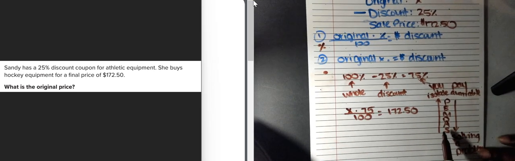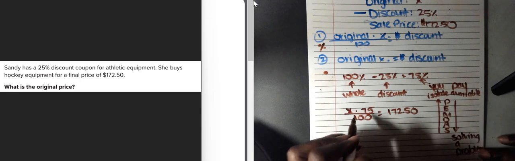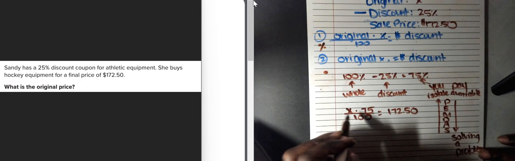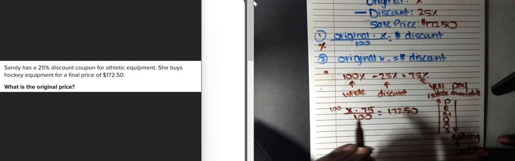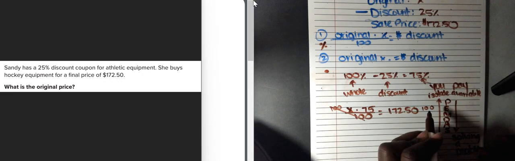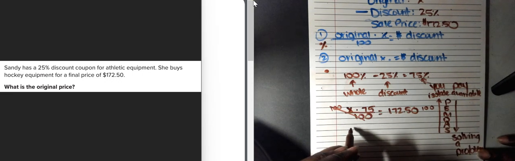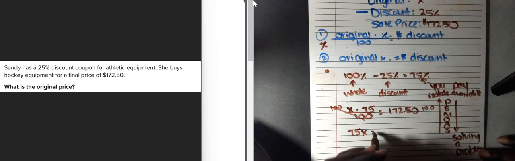We will start with subtraction and addition. We don't see that, but I do see division and multiplication. So what I'm first going to start off with is getting rid of this fraction. Instead of dividing by 100, I'm going to multiply by 100 on both sides. When I do that, I can cross out the 100 because they cancel each other out. And now I'm left with x times 75. And remember, anytime that we see a variable, we always want to write the coefficient first and then the variable. So we have 75 times x, and that is going to be equal to